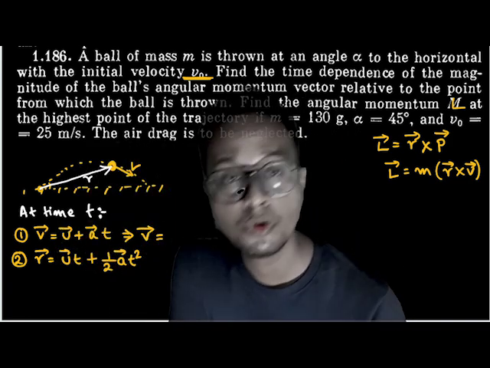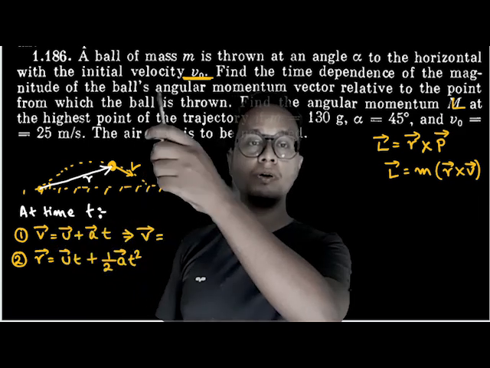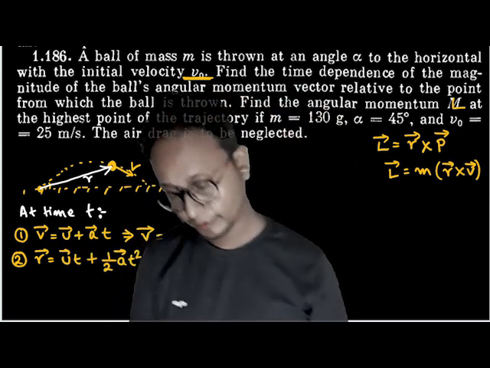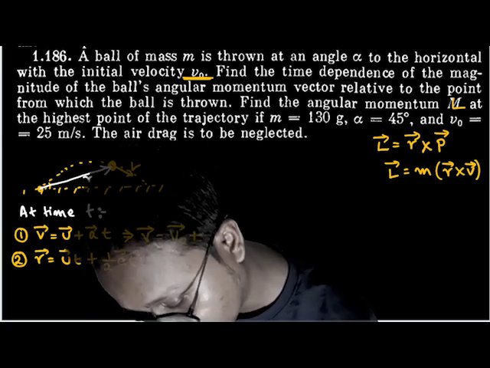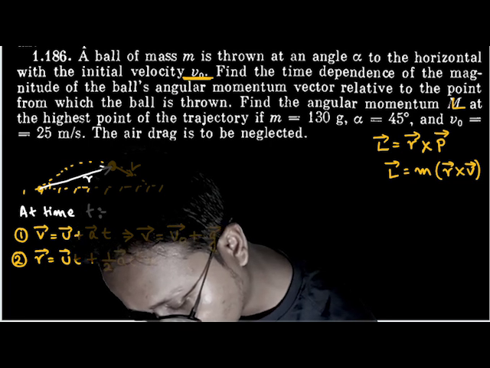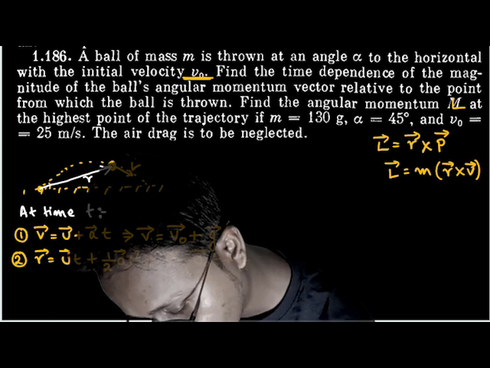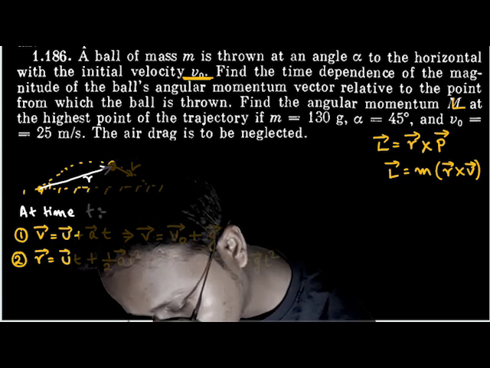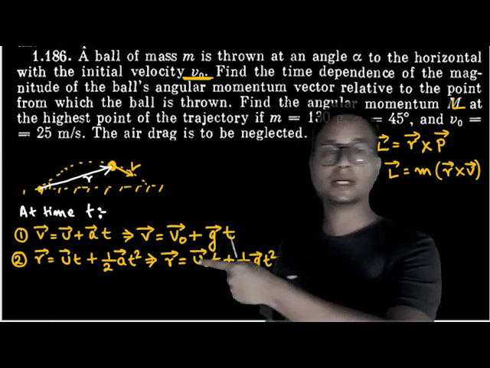The v vector is equal to what was the initial velocity vector? The initial velocity vector was nothing but v naught, plus g vector into t. t is a scalar quantity. Out here it would be r vector equals the initial velocity vector v naught into t plus half g vector into t square. So if I substitute these two terms v and r out here,